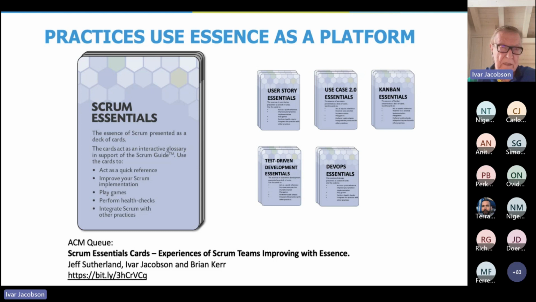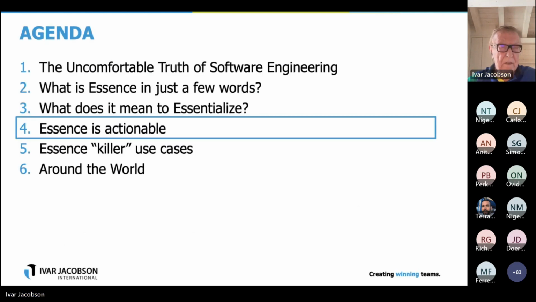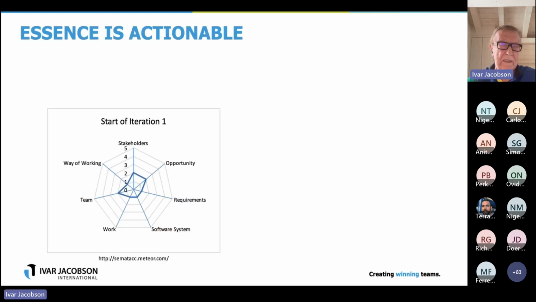for describing Scrum. One important property that I need to lift up is that Essence is actionable. For instance,